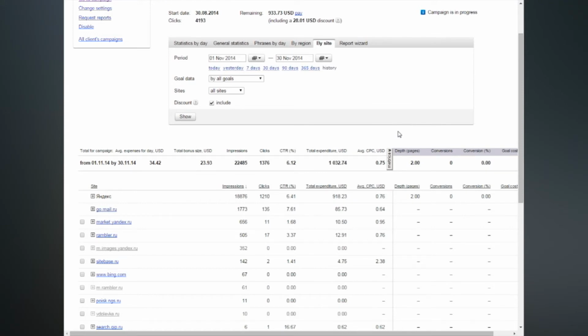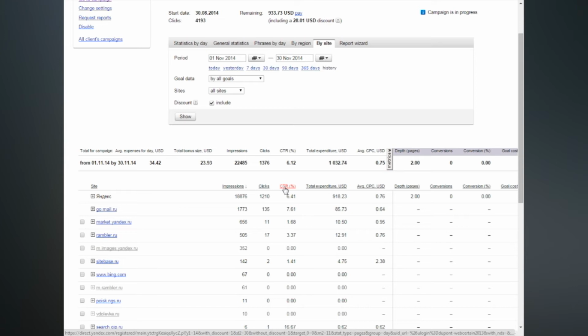What should be your key daily optimization task when working with Yandex advertising networks? Both search network and content network on Yandex are very big, consisting of hundreds of sites for which you need to check performance on a daily basis. And there is a way to do that. There is actually a report available in Yandex, and once again I'm going to show you in the live interface how to do that step by step. Okay, so in the View Statistics option, you go to By Site, and then you select the date range for which you are interested to see the data, and you'll then get to see the statistics per each site.